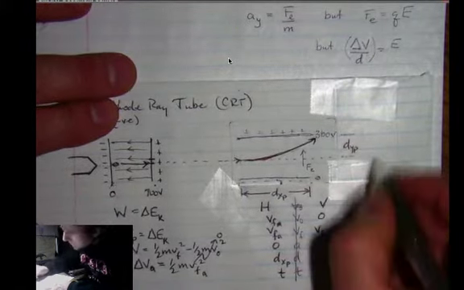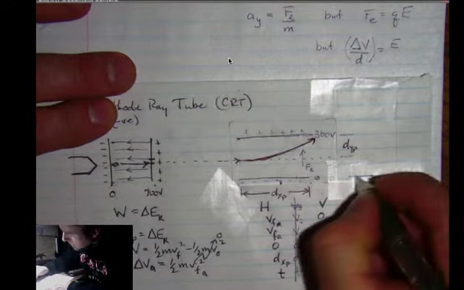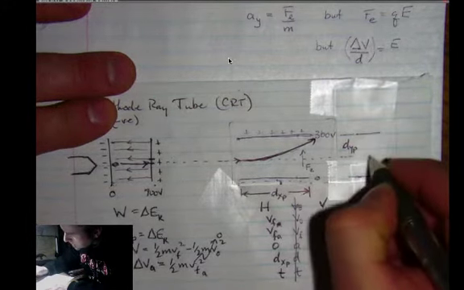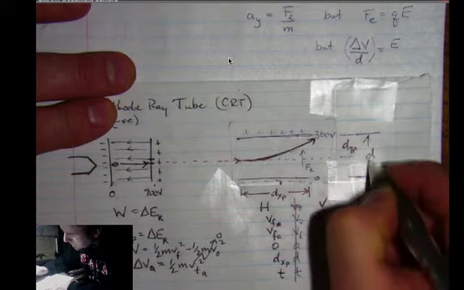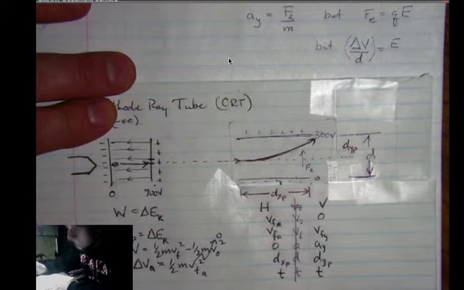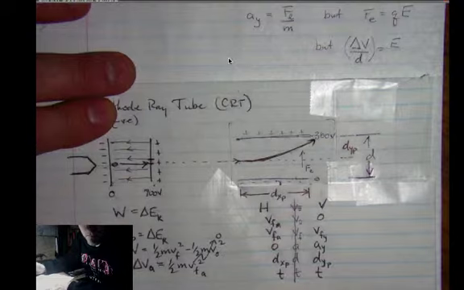I'm talking about the distance between the bottom plate and the top plate. So here's my E. Q times E is Fe, and now I divide by M, or equivalently multiply by 1 over M. The expression written in a simpler fashion is Q, change in voltage, or voltage drop,